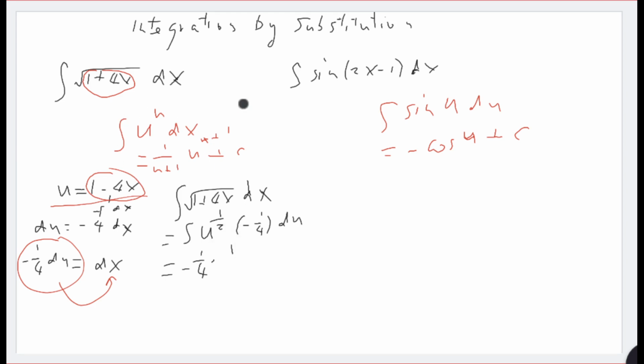The answer is 1 over the power plus 1, times u raised to the power plus 1, plus c. The power is half, sorry. And then simplify. 1/2 plus 1 is 3/2, so flip it to 2/3, and the u is replaced back by